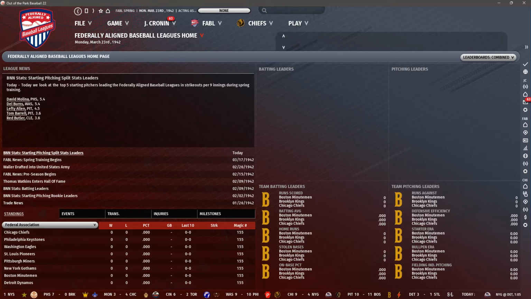To begin this installment, I want to take a look in OOTP 22 at Figment League Baseball. Now, Figment's a fictional league I created back in OOTP 19 and is now using OOTP 22, having upgraded 3 times with another 4th upgrade coming later this spring when we move to OOTP 23. So here we have the Figment League homepage for Fable, which is the federally aligned baseball leagues, the main league